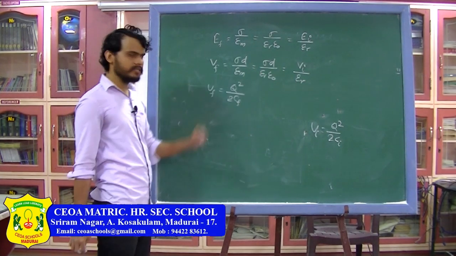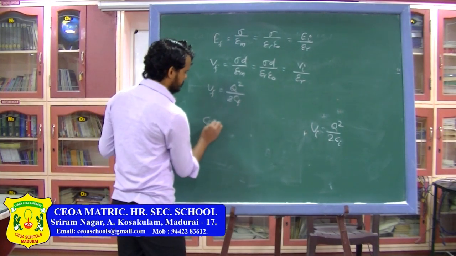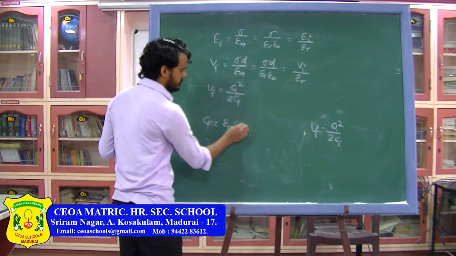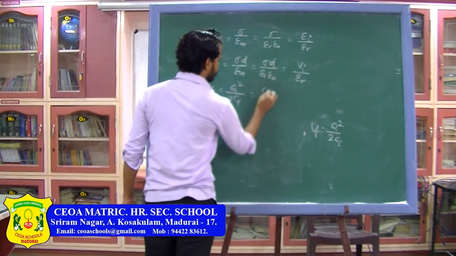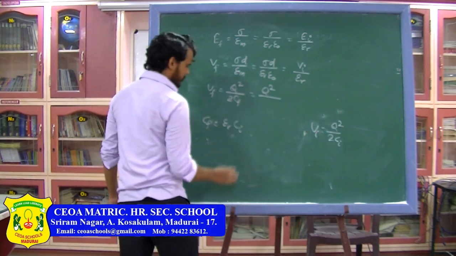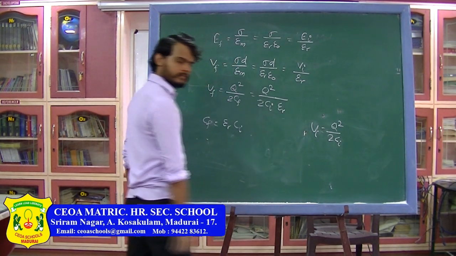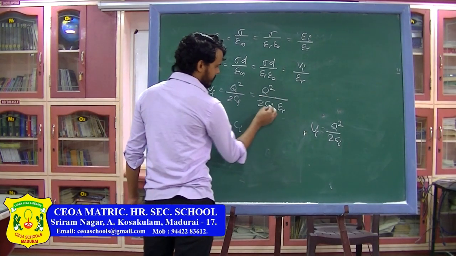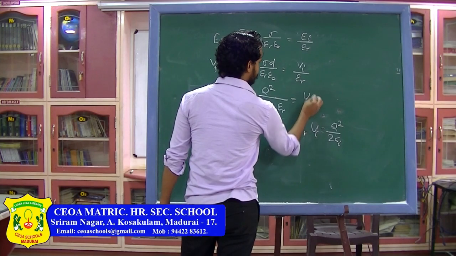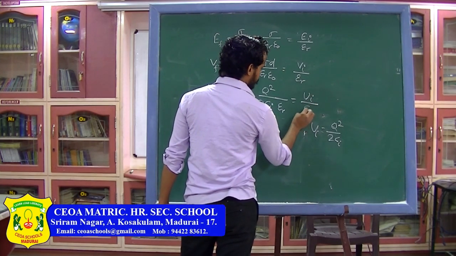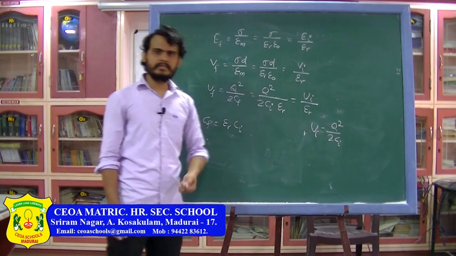And we have already seen what happens to C final. C final we have seen is equal to epsilon r times C initial. So from here I can write the value here. So this will be Q square divided by 2 times C initial into epsilon r. Again this Q square divided by 2 C initial is the initial potential energy. So here you can write U initial divided by epsilon r. So here, as you can see, potential energy also decreases.